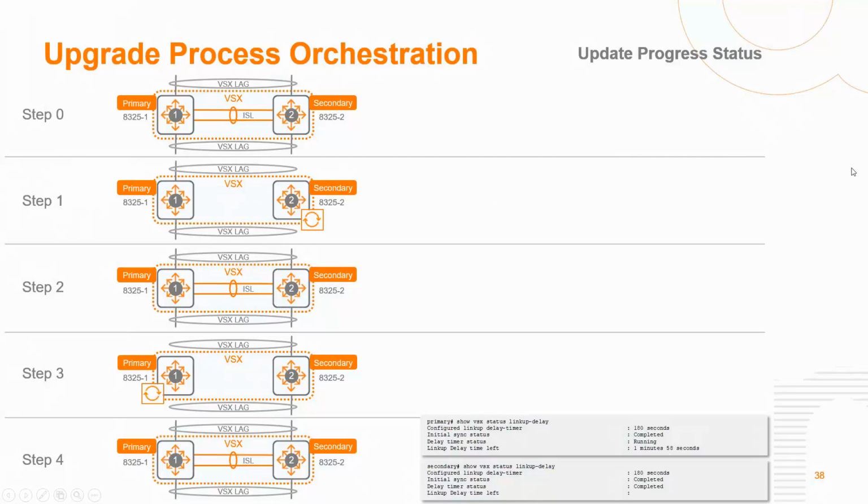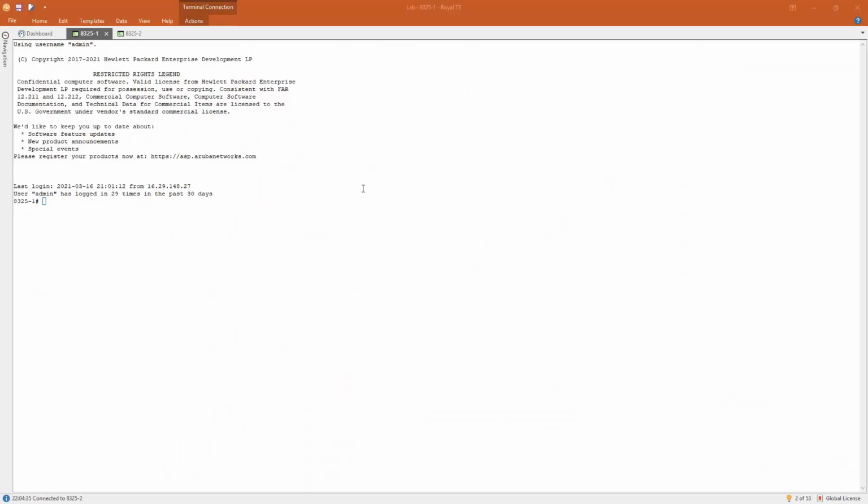So let's jump to the demonstration. I'm connected on the VS6 primary T325-1 through SSH, and I'm going to use the start shell in order to monitor the OVSDB table for VS6. And I'm going to use that command. I do a copy paste from that. And the same for the secondary.